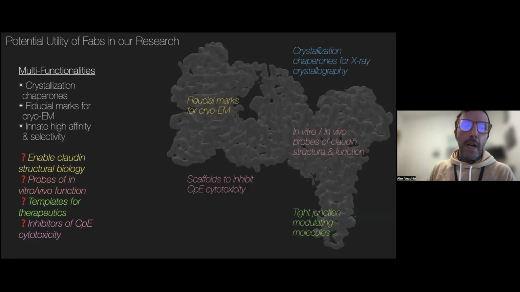Once we obtained fabs, the goal initially was just crystallization chaperones. But thinking big picture, as the years went by, people were starting to use fabs as fiducial marks for cryo-EM. Because they have these multifunctionalities and high affinity and selectivity, we always thought that they could be used for many, many different things. Most importantly for us was to enable claudin structural biology, but we also needed probes for in vitro and in vivo functionality because so little